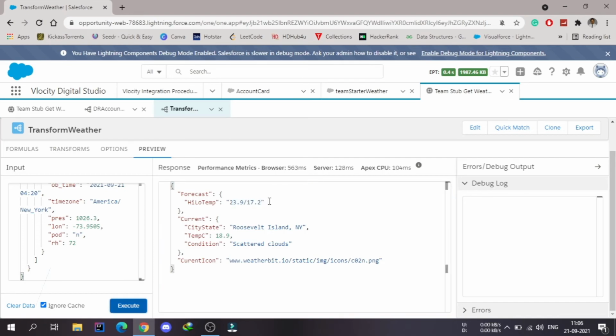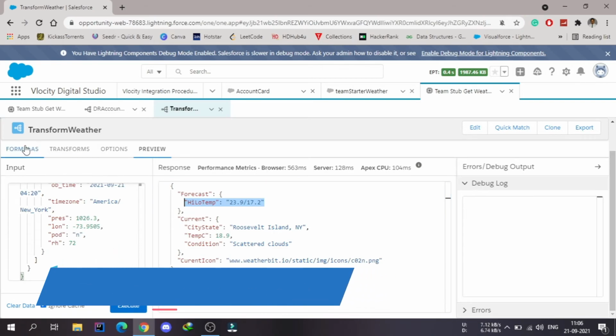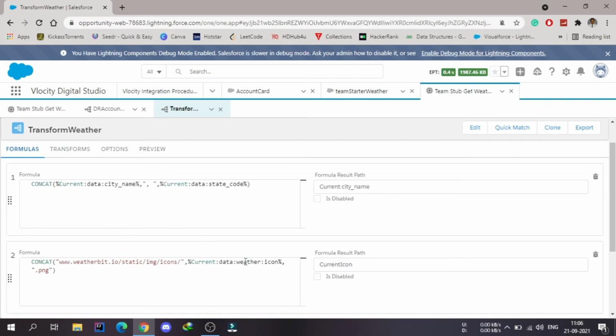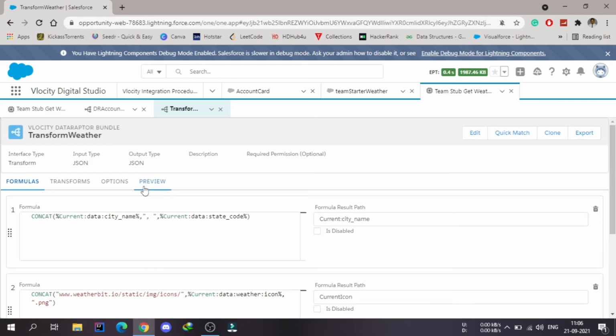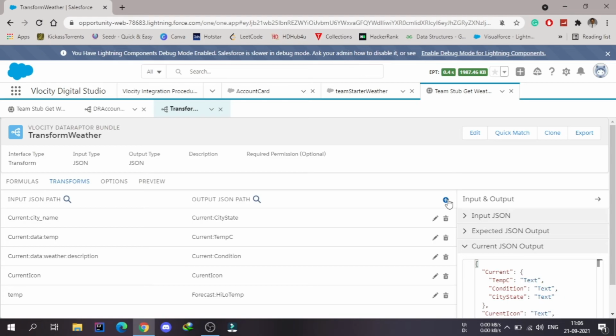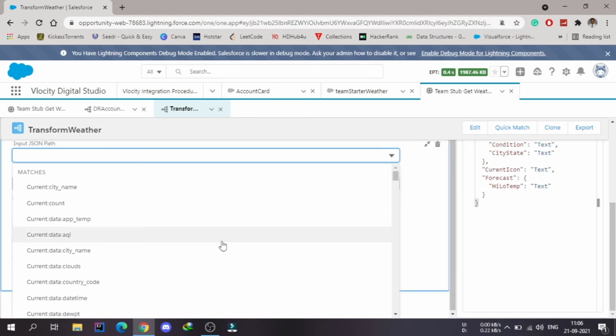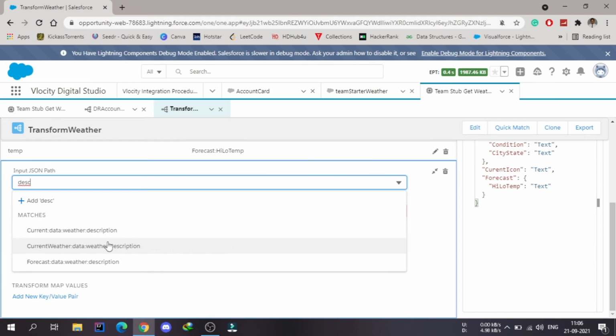So now you can see that we are only getting 1, and this is only the first value of the list. This forecast should return a list, but it is not returning a list because we are using only the first data for this high low temperature, so it is not able to differentiate. So in all the nodes we are getting only these fields. So how can we use this as a list? We can go to the transform, and let me add one another node here, that is the description of the forecast. So I will use the description of the forecast.